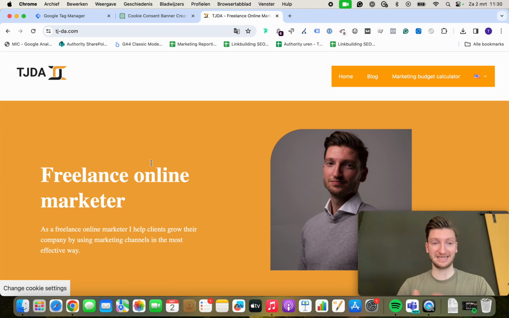But there's also some things it cannot do. So some things that you might be used to from a consent management platform is that they crawl your website, create a list, create an overview of all the cookies that you have on the website. And of course, this doesn't do that. It's not possible to crawl the website and create an overview. So you'll have to do some parts yourself. But in this video, I'm going to show you quite some things on how to do that, how I would do that. And yeah, we're just gonna put it into practice so that everyone can sort of plug and play,